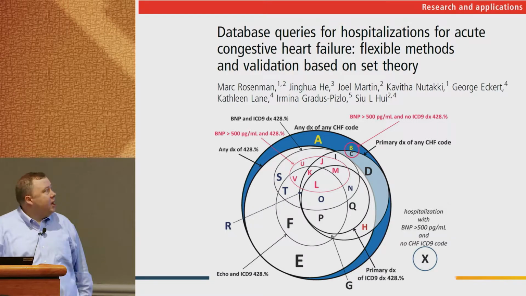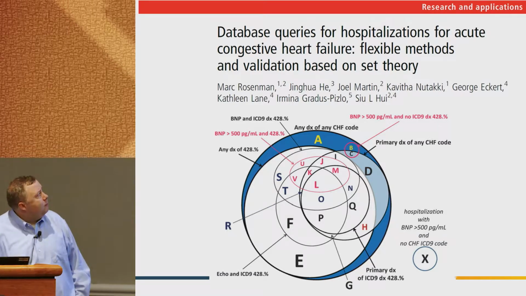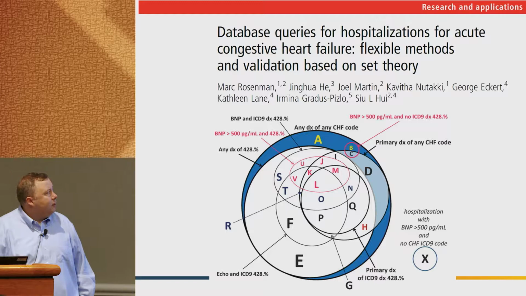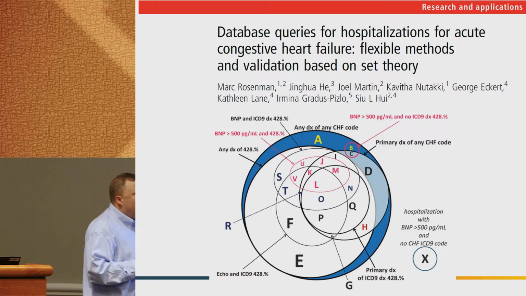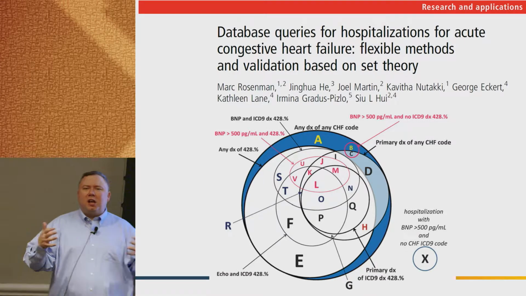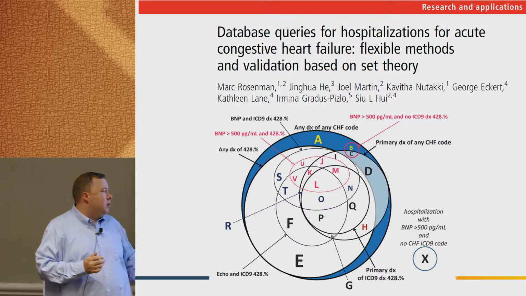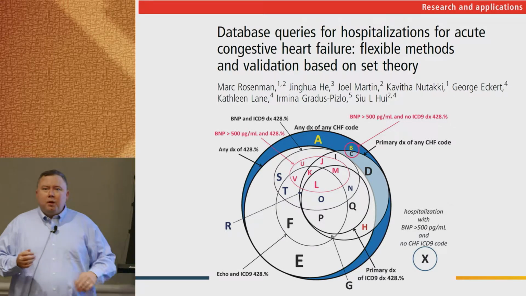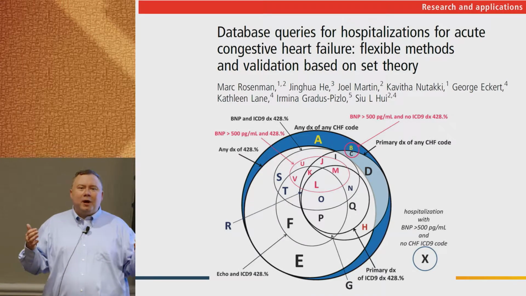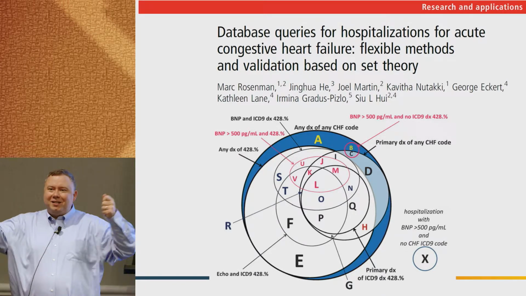It's also important to highlight this other paper, published by Mark Roseman, looking at heart failure. What they did was say, well, okay, there are lots of different clinical elements that could be used to define heart failure, including diagnosis codes and lab values and so on. But how do I find all the people who have a disease, given that there are lots of different data elements